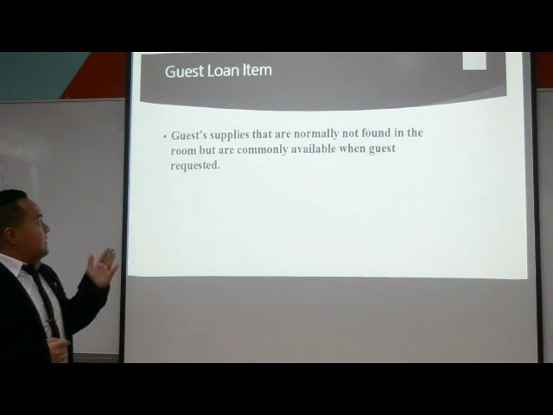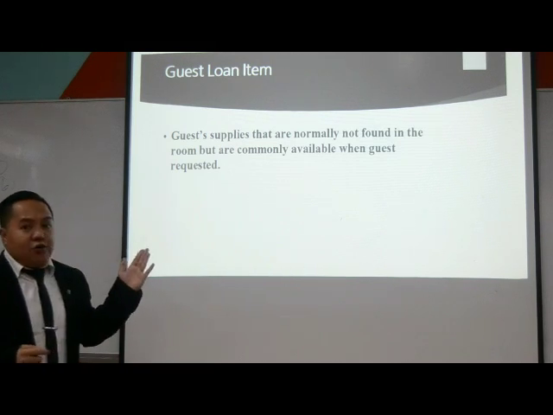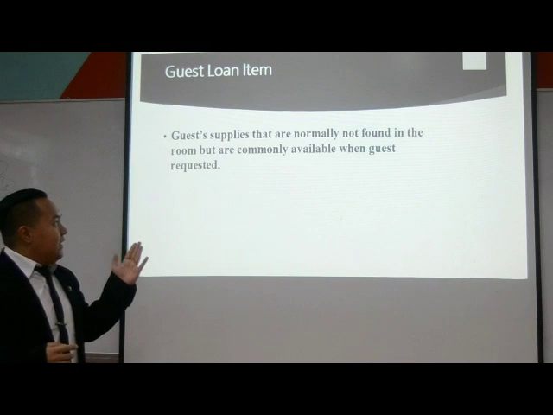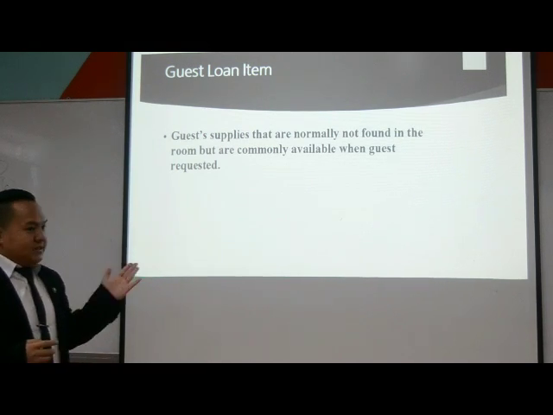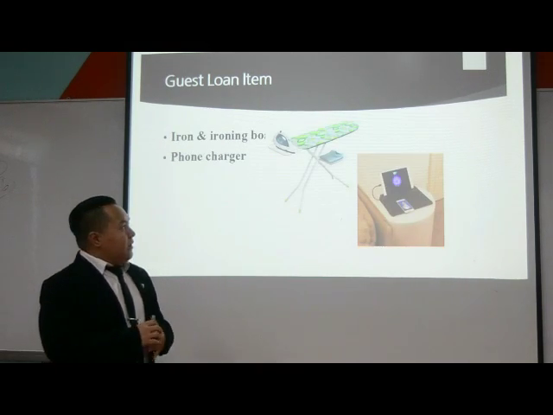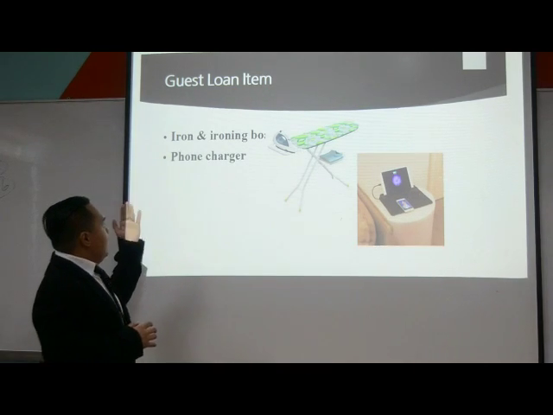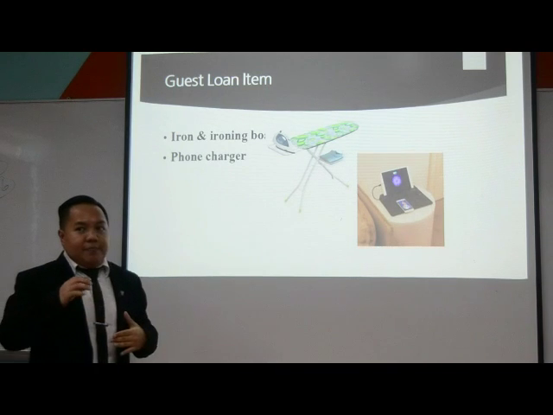The guest loan item is a guest supply that is normally not found in the room but is commonly available when guests request it. Okay, these are the examples: ironing board and phone charger. Then